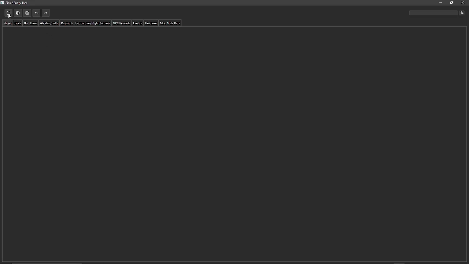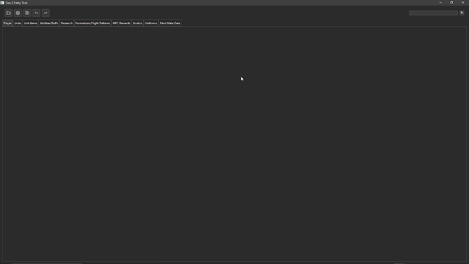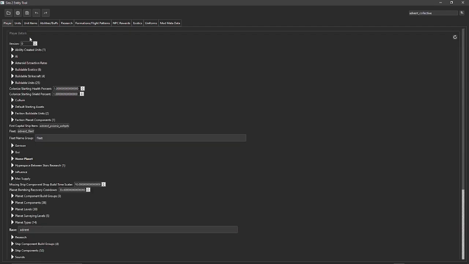We can select our mod folder with the button up here, or by dragging and dropping onto the application. It takes a second to load the data and build the UI, so just give it a second. Once the data is loaded, you can edit it as you like. Things styled in bold are required, italic means it's from the base game, and grayed out means that you can't edit it. You can right-click to add properties,